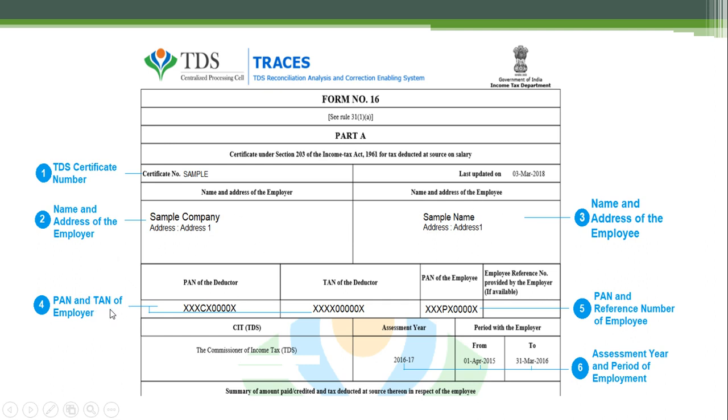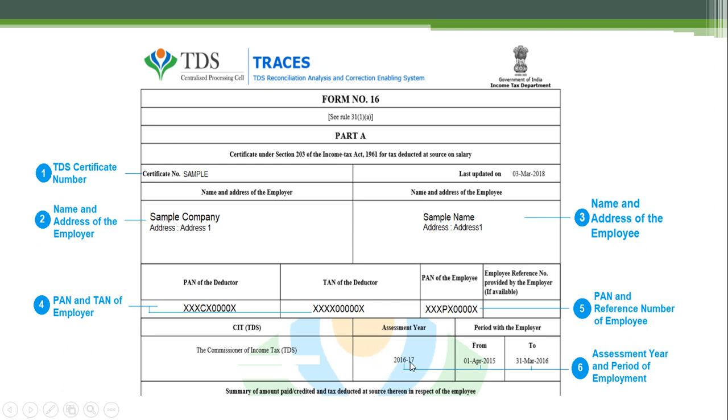Then there is the PAN and TAN of the employer. These two pieces of information are for the employer, just like the name and address of the employer. And here you will see the PAN and reference number of the employee, that is your details. The sixth part is the assessment year and the period of employment.